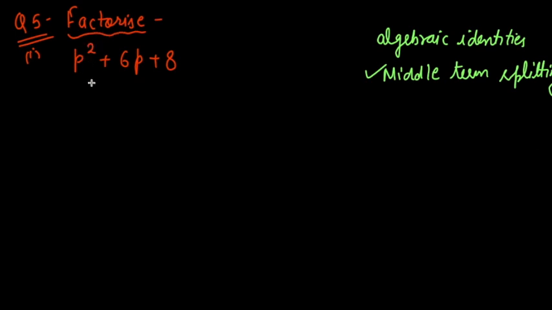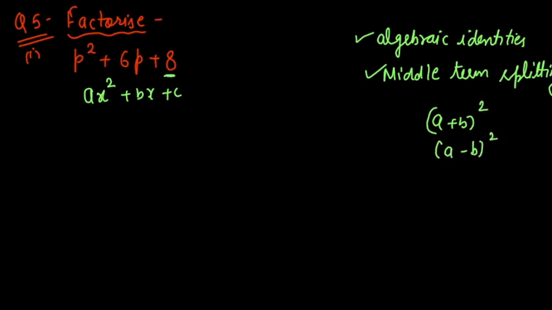Now you have to understand, if it is also a quadratic equation, ax square plus bx plus c, why we fail to apply the algebraic identity here. See, this number is not a perfect square number. 8 is not a perfect square number. Your given expression should fall in the category either of a plus b whole square or a minus b whole square. For that, this number has to be a perfect square number, so that the middle term can be plus 2ab or minus 2ab. This number has to be a perfect square, which is of course here, but 8 is not a perfect square number.